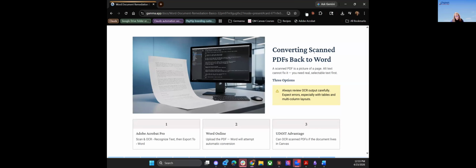So now let's talk about the flip side of things. So let's say you have a PDF that is a picture. Somebody used a Xerox machine or somebody used print to PDF. Whatever they did is not compliant. So you can, if you have Adobe Acrobat Pro, open it and have the text scanned, and all of that. Now, you can also upload it to Word Online and do that. But I'm actually going to show you a way to do it inside of Gemini